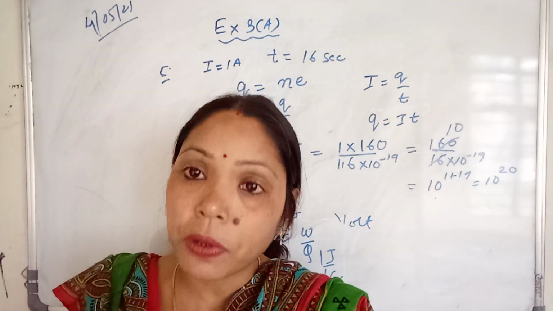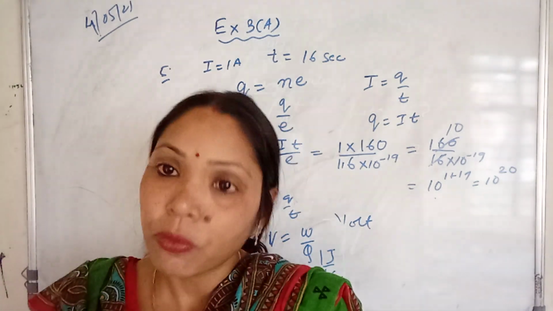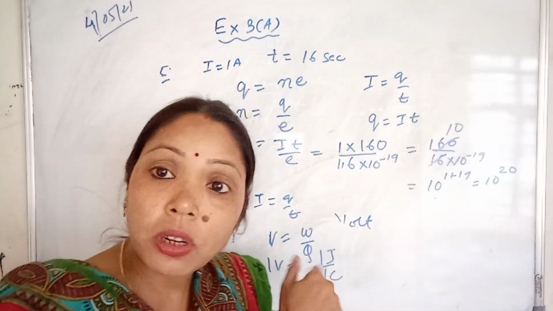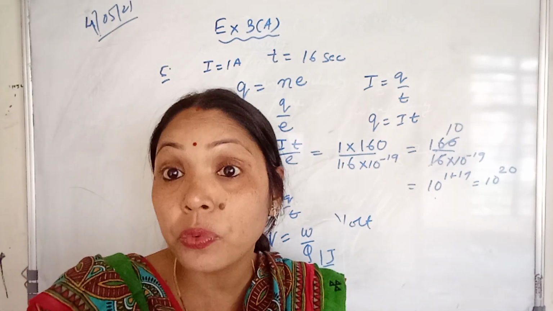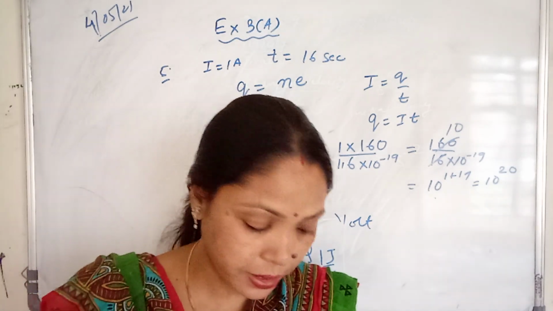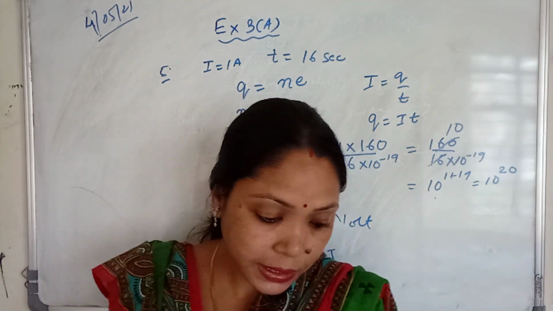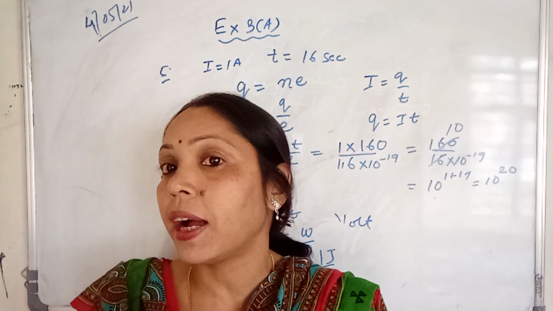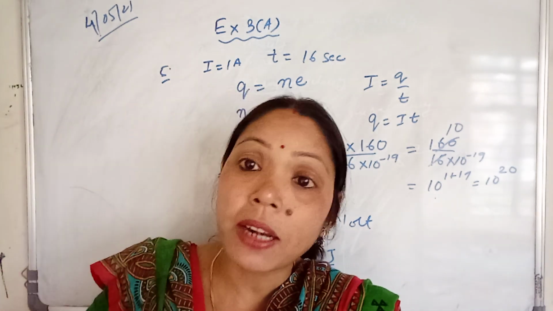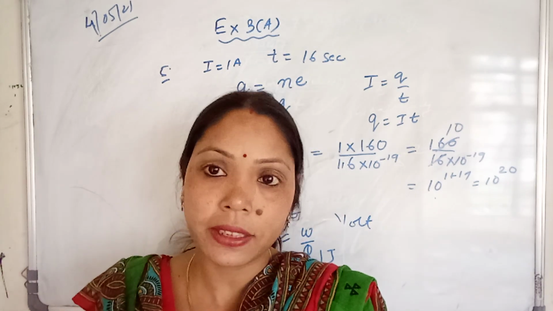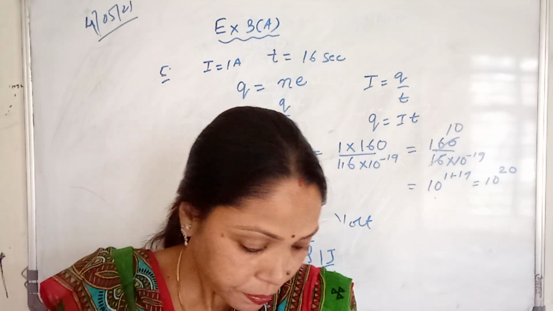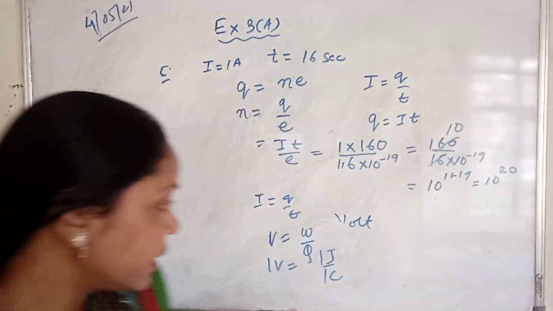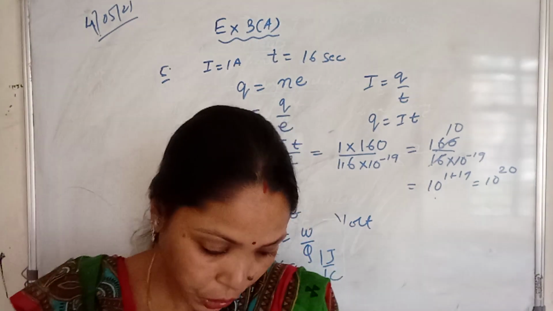State the unit of electric potential. Unit is the volt. Again you have to write the definition of 1 volt. 1 volt means 1 joule of work done required to move 1 coulomb of charge. Now, define potential difference. Potential difference is the amount of work done required to bring a charge from one point to another point. How is potential difference related to the work done and the quantity of charge? This one, V is equal to W by Q.